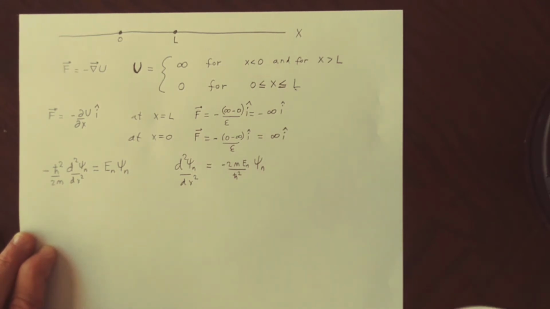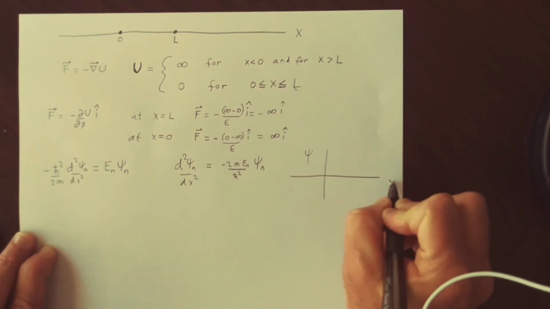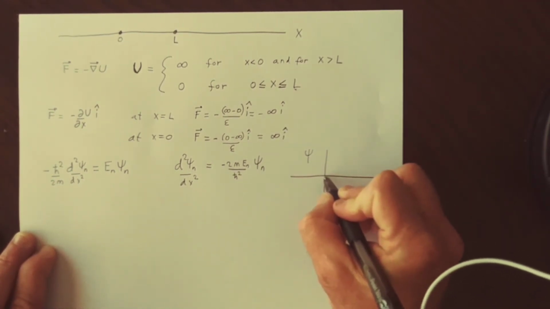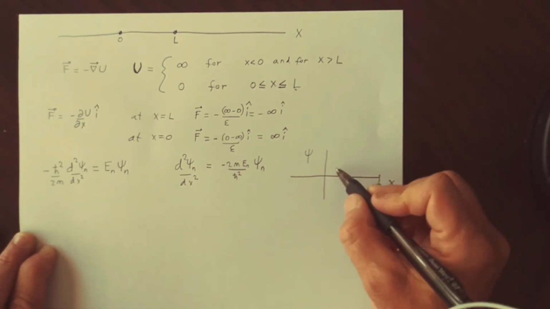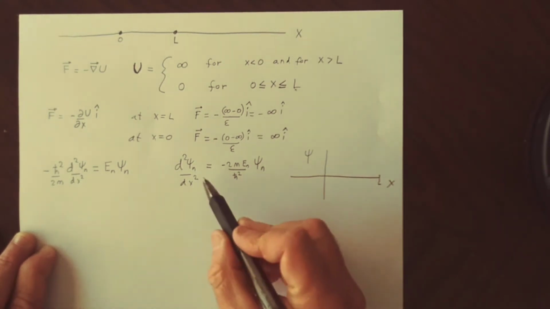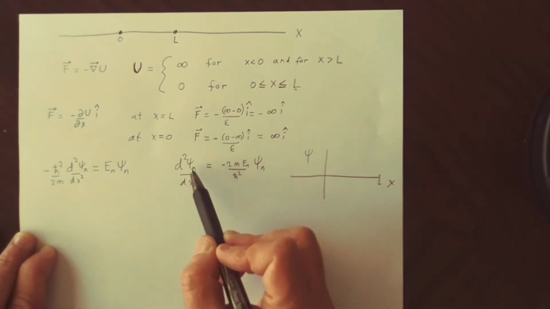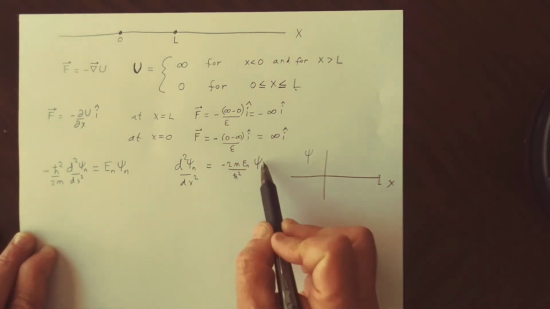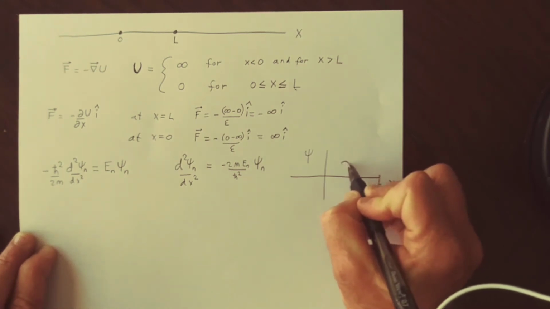And notice that this equation tells us the behavior of psi, the bending of the wave function. So it's basically telling us that if this is x, and this is 0, and maybe this is L, then in places where the wave function is positive, so it has some value up here, this equation is telling us that the second derivative, the way the wave function bends, is negative, because the function itself is positive, has some value up here, and so the bending has to be toward the